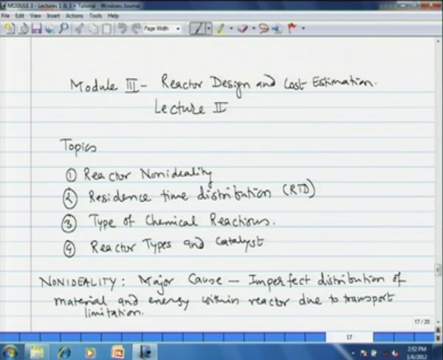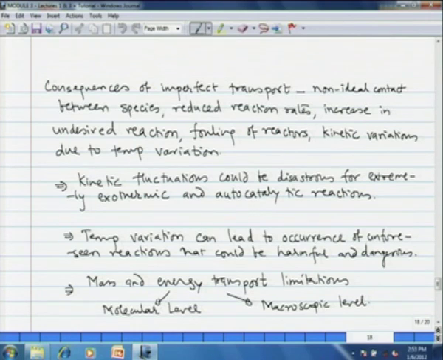The reactor non-ideality, the first topic. The major cause of reactor non-ideality is the imperfect distribution of material and energy within the reactor due to transport limitation. This transport limitation can cause several undesired effects. First of all, the non-ideal contact between the species, the reduced reaction rate, increase in the undesired reactions, fouling of the reactor, kinetic variation due to temperature variation, then kinetic fluctuations can further be disastrous for, let us say, extremely